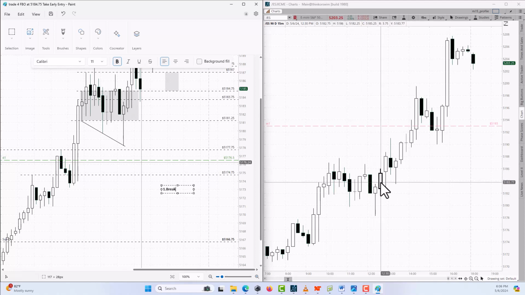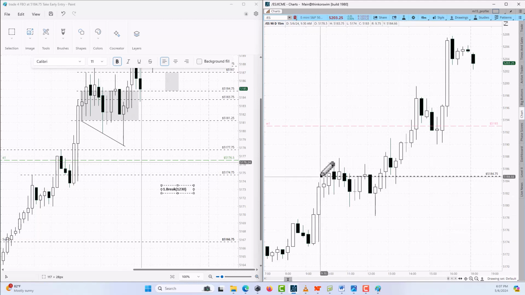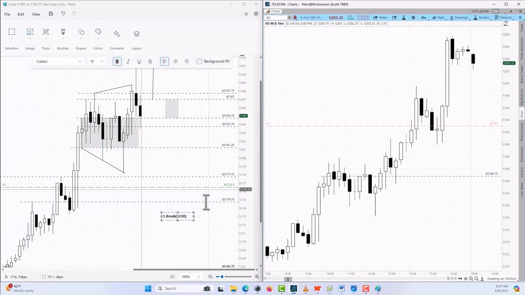Oh, okay. The break right here will be 12:30. That is 12:30. See that, 12:30 right there. This is the candle that we're talking about right here. 5184.75 right there, exactly. That's the level. So we have break, retest, but it has to be a doji retest, not just any retest. That's the lesson learned right there.